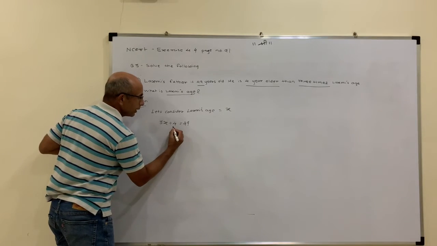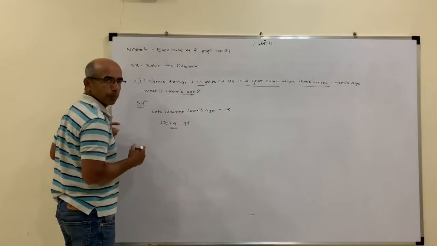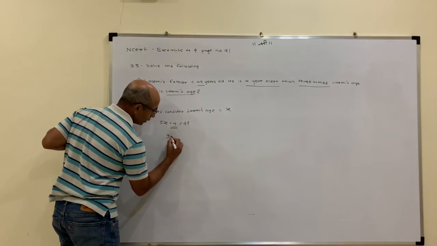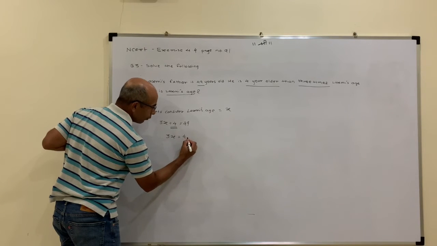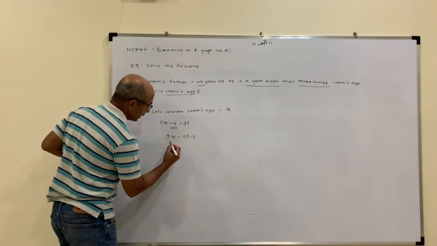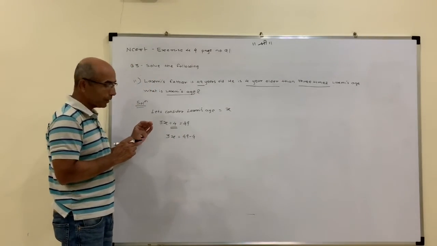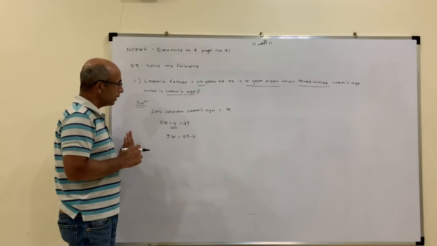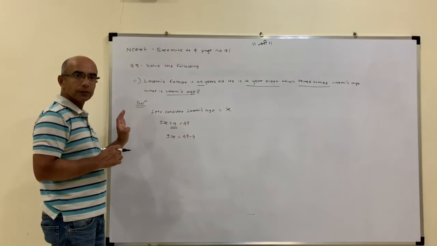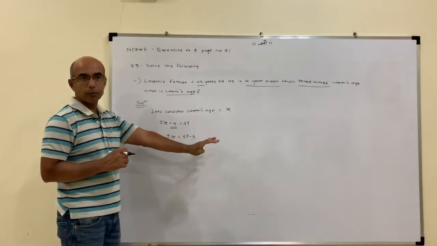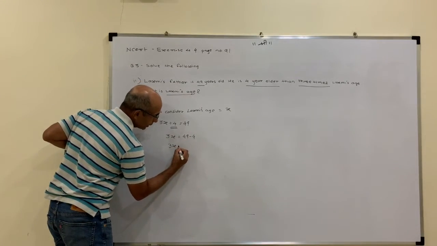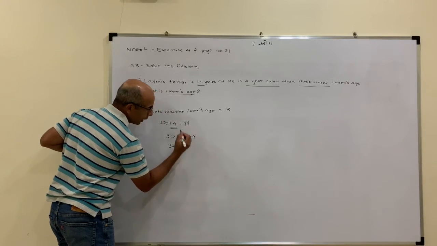So now we'll be solving this equation. We'll transpose this plus 4 from the left hand side to the right hand side. So my next step will be 3x equals 49 minus 4. When we transpose a number which is added on the left hand side, it becomes subtracted on the right hand side, or you can say plus 4 will be transposed from the left hand side to the right hand side. It becomes a minus 4. So my equation will be 3x equals 45.